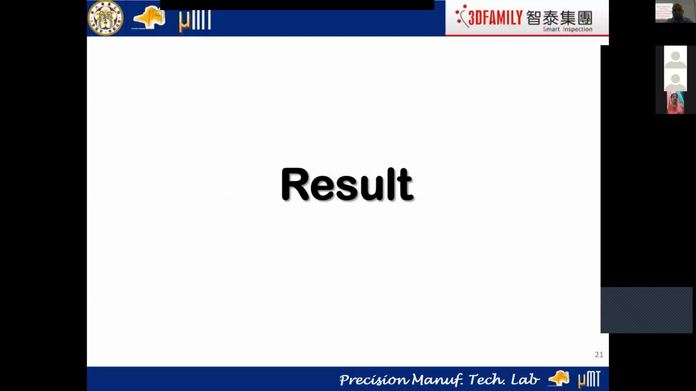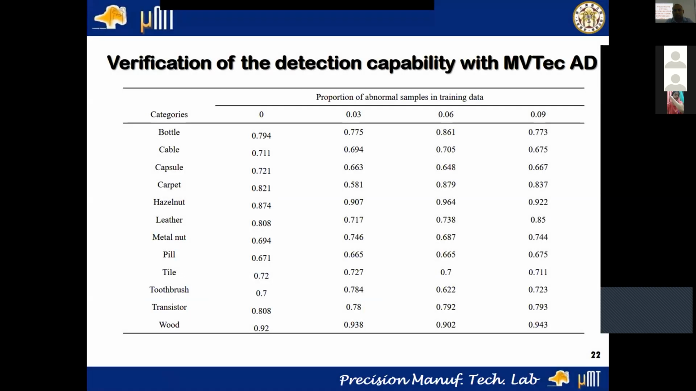Next, let's take a look at result. Here is the result of verification of the detection capability with MVTec AD. It can be observed that this model has a large range in detection capability in industrial detection. On the other hand, in the case where a small amount of defective products were mixed into the training data, the impact on AUC was